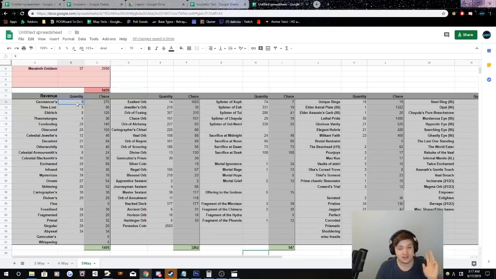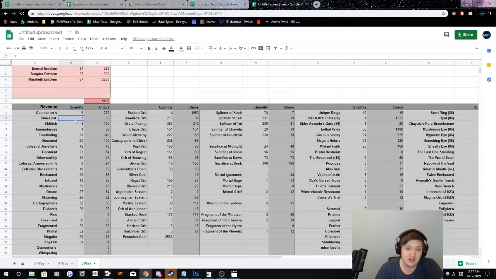So now let's get to the incubators. We're seeing a massive number down the bottom here, 1.5k chaos from incubators, and a lot of that is from Geomancers, Time Lost, and Eldritch. So basically, I'll give a quick breakdown. Geomancer is the 6 link, Time Lost is the legacy item, but Eldritch is basically an Elder map. So you can see here we basically got 8 additional T16s from those